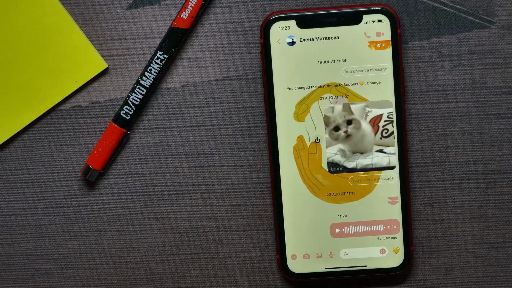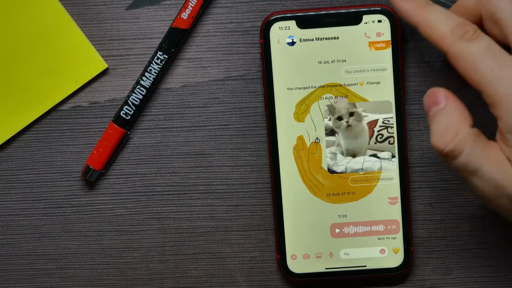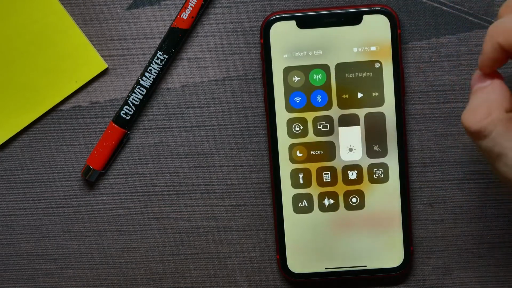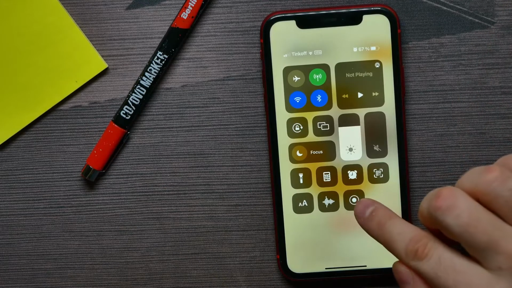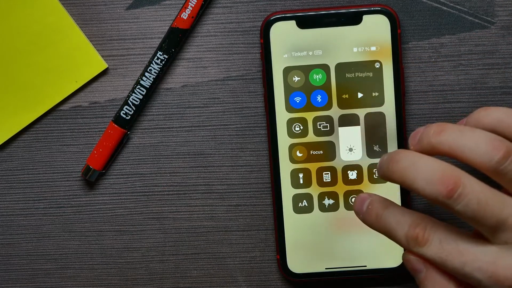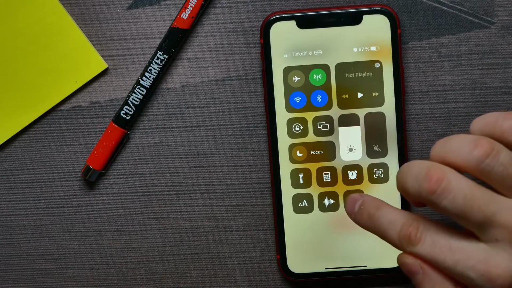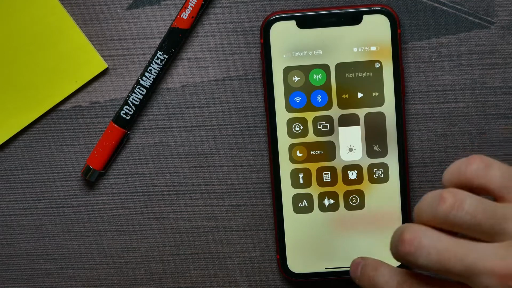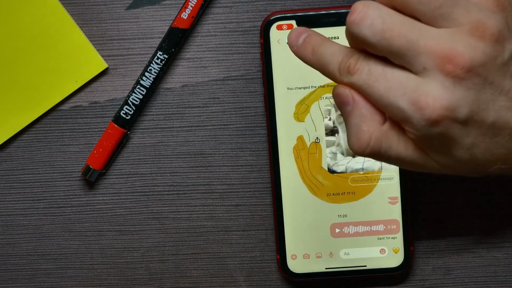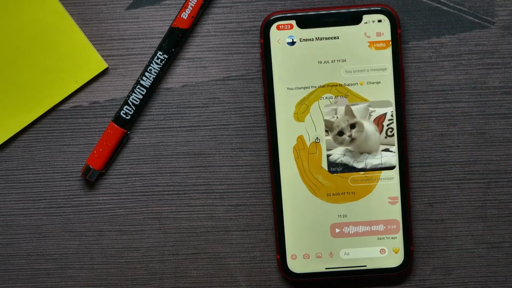So I will use screen record and let me show you how it works. I will make a short swipe from the top right corner to open up the control center, and here is a screen record icon. I can tap on that icon and it will be a countdown of 3 seconds. 3, 2, 1, and here when I got this red sign I know that the record is starting,